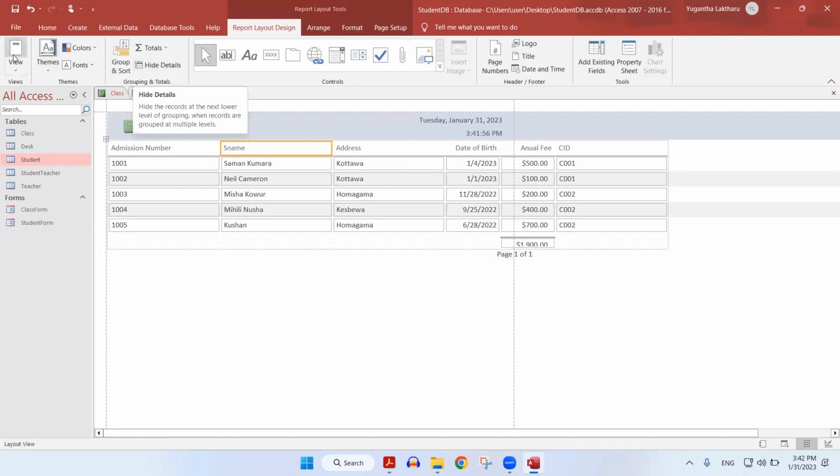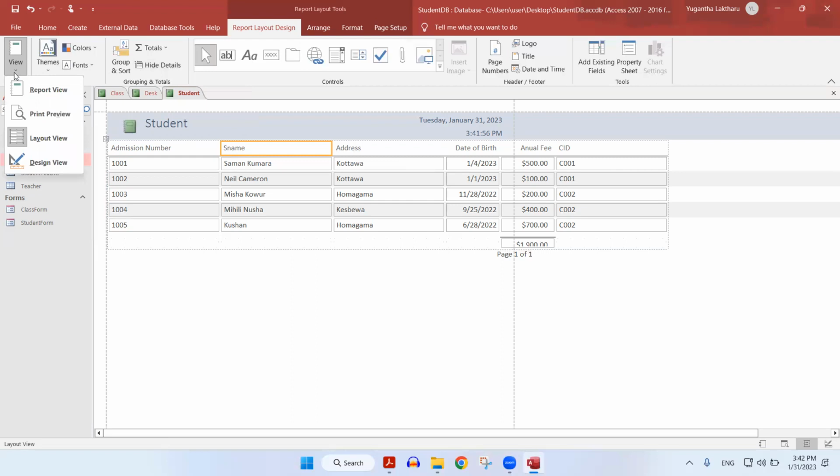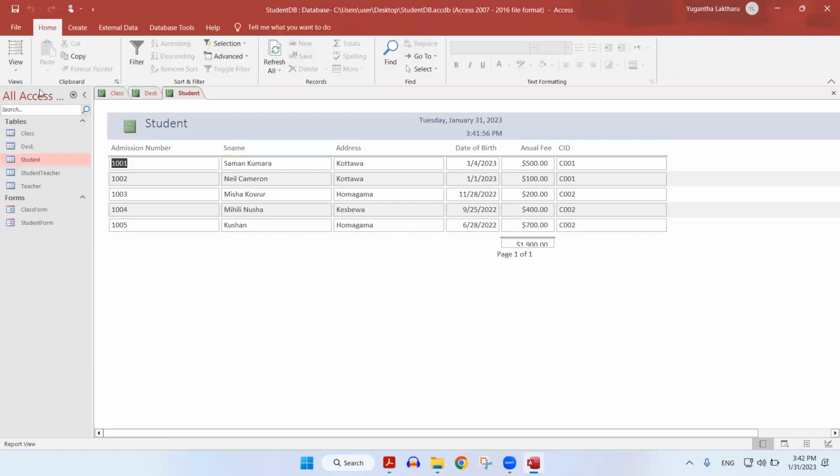So to do that, you have to go to the view of this particular report. I've got several different views like report view and the print preview, the layout view and the design view. So we are in the report view, right? I'm sorry, now we are in the layout view, right? If you go to the report view,